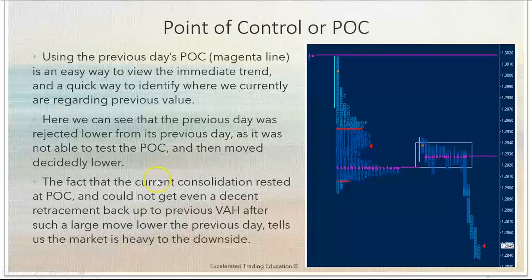All right, the fact that the current consolidation rested at POC and could not even get a decent retracement back up to the previous value area high after such a large move lower the previous day tells us that the market is heavy to the downside. Okay, so again, another clue,